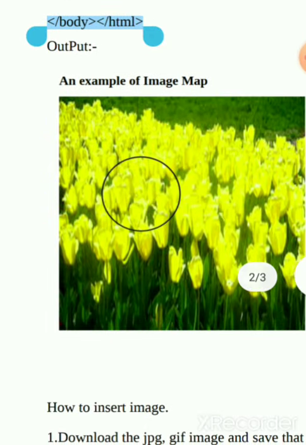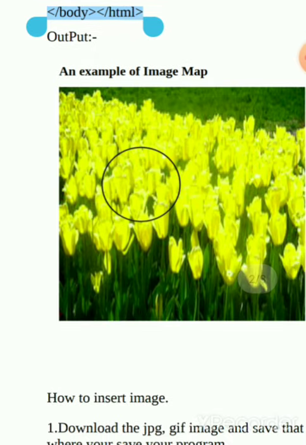While I'm executing this, for good execution, you just press the tab key. While you are pressing the tab key, whatever shapes you are mapping in the image get shown on the image, just like this one. And while your cursor moves on that specific area, the cursor changes into a hand cursor, which means that area is a hotspot. You just click on it, and whatever hyperreference you are providing for that shape gets executed in front of you.